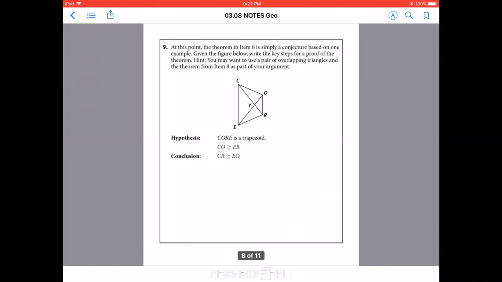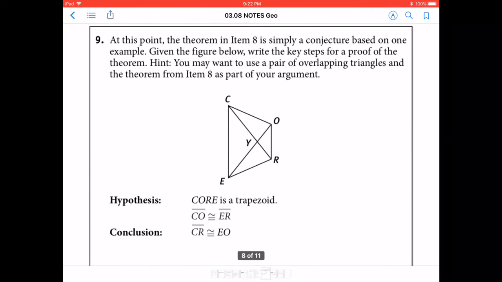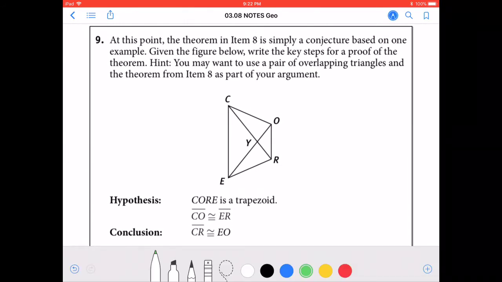Number 9 says we didn't really prove it. It was just to build up a conjecture. So now let's try to figure out how we could prove that the diagonals always have to be congruent to each other. So now we have to use, in some form or another, some theorems or postulates to actually build up a new theorem. So we're going to do this one quickly. We know that CORE is a trapezoid, and we know that CO